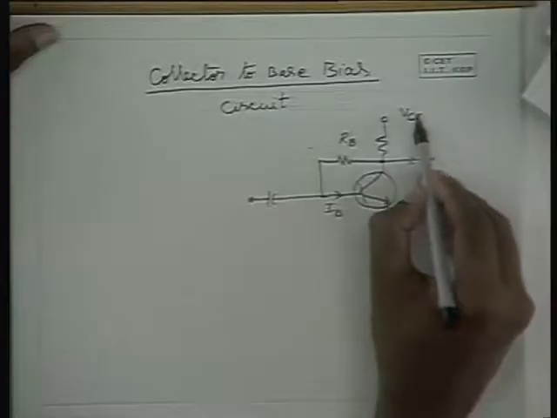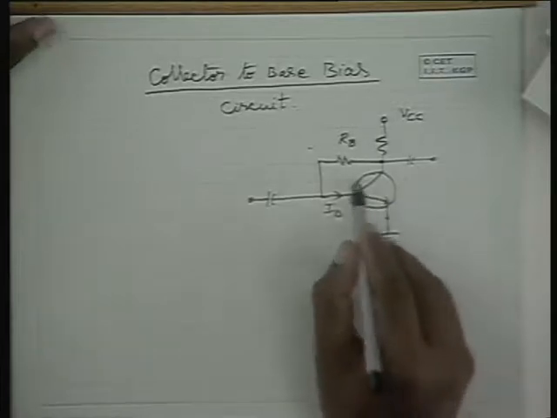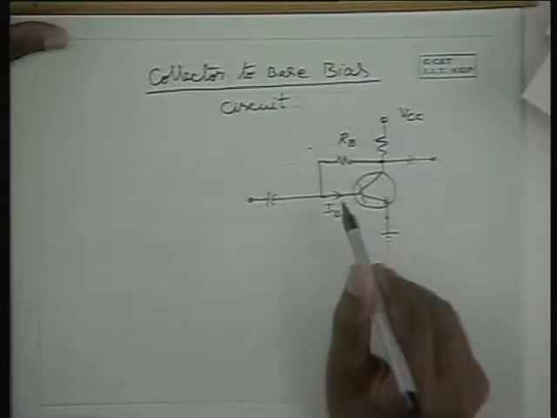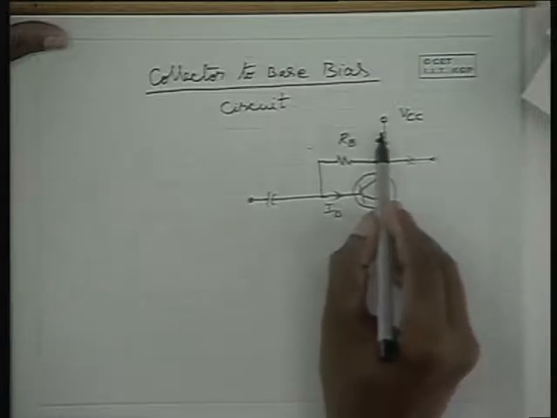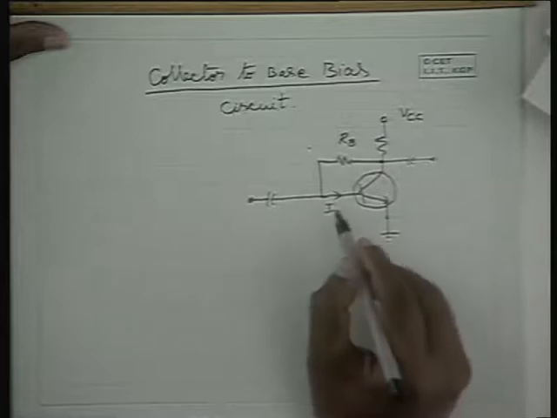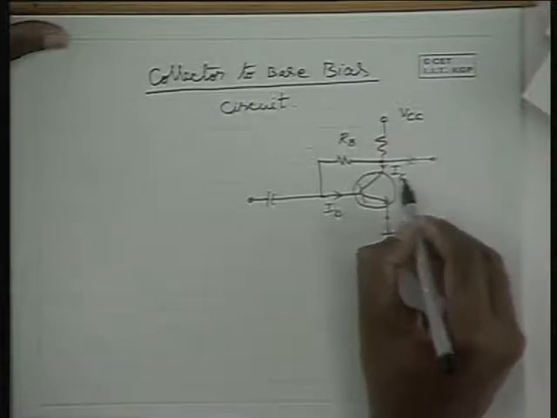Please note that in a fixed bias circuit, the biasing is provided from the supply VCC through a base resistance to the base. Here, it is provided from the collector. Now, what is the advantage you get by connecting this point to the collector rather than the supply? Please note that due to any one of these reasons, namely the change in IC naught or the change in VBE due to temperature variations and change in beta,